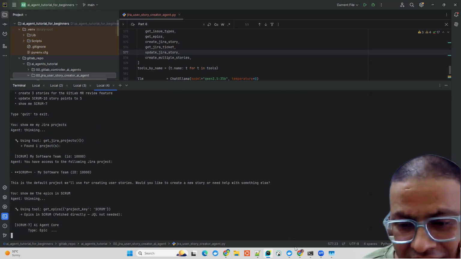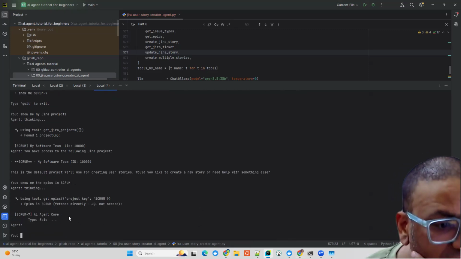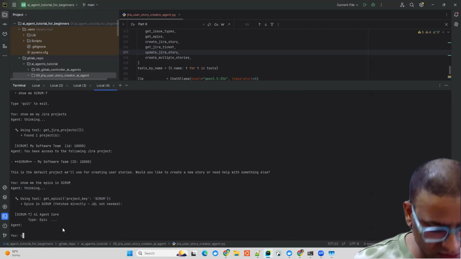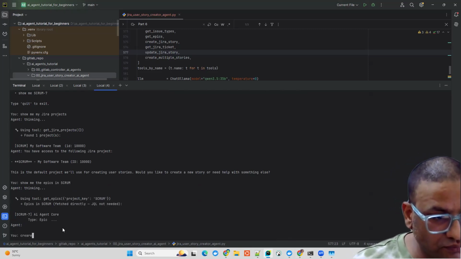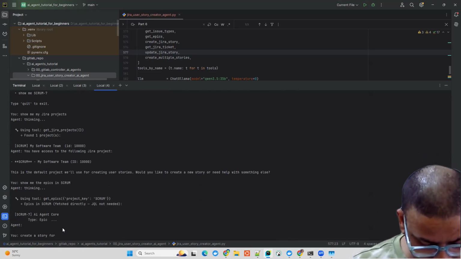In the meantime, I can quickly show you. So it's done. It's just showing AI agent code for now, but that's not an issue. We wanted to just create a story. Let's do it. Yeah. Story for